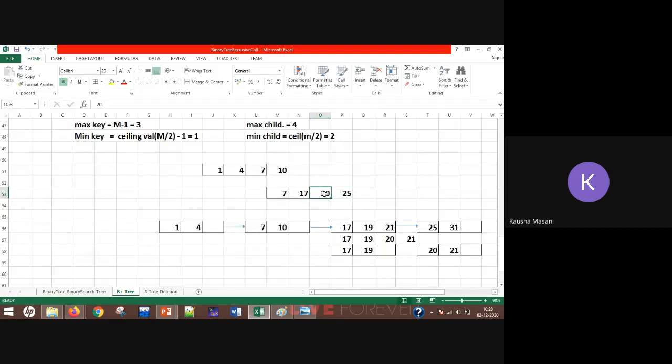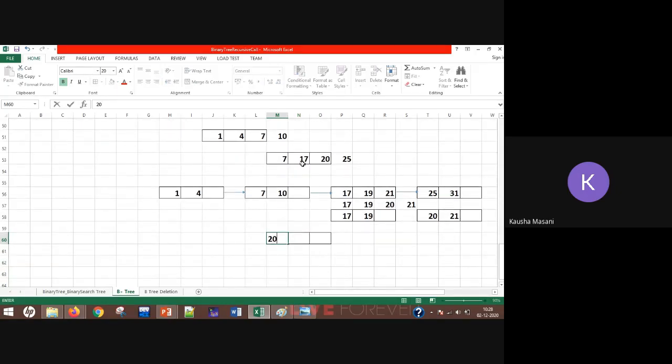So 20. The split gives 7 and 17. Okay, here you are not going to write 20 again; you are going to write 25 here. Why not? Because we already have 20 here, so you do not need to write two index values. Index values are fine if there is just one.